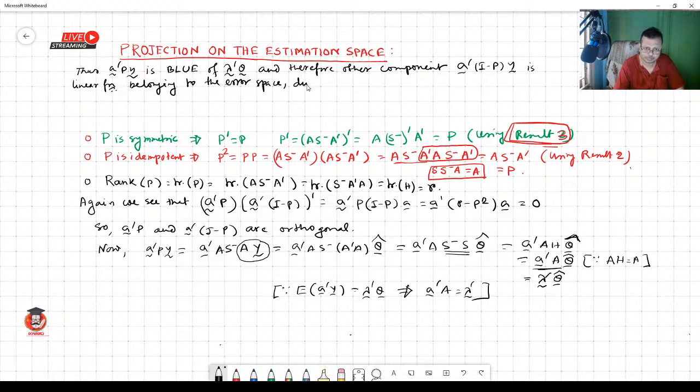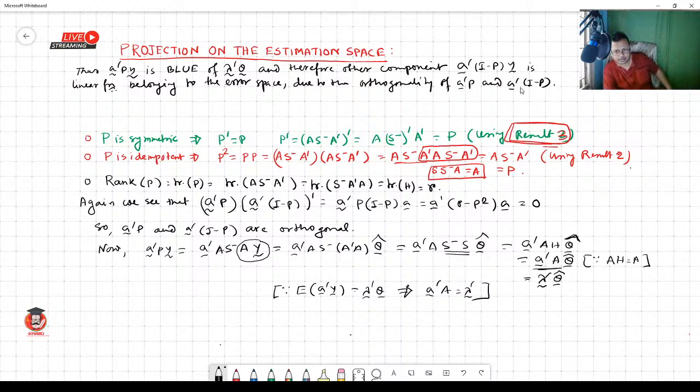Due to the orthogonality of A'P and A'(I−P), since A'P and A'(I−P) are orthogonal, this means these functions, the linear functions of observations, belong to the error space. Therefore,